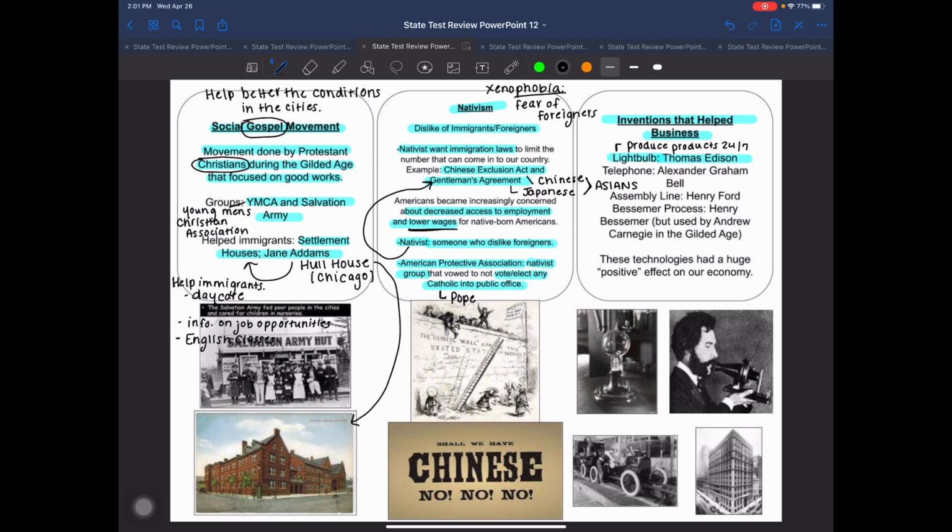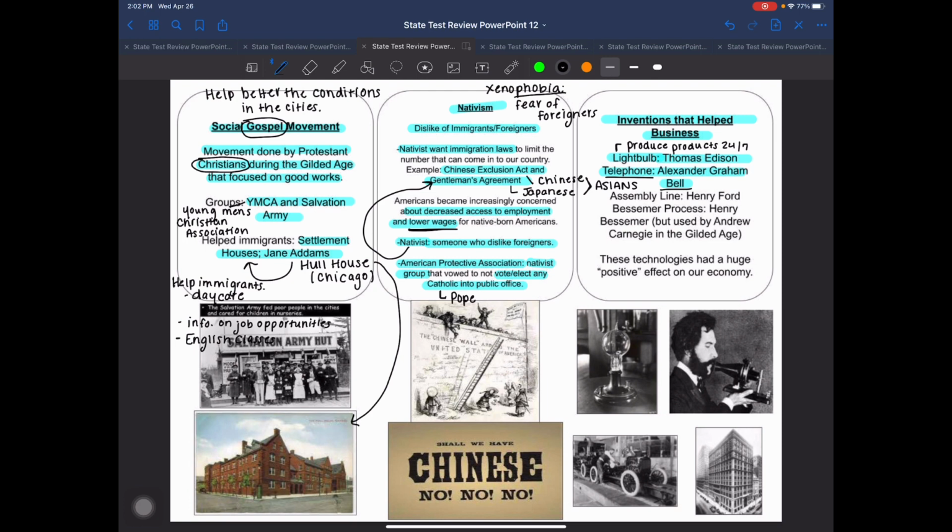The telephone, this is also going to have a huge impact on our economy, because it's going to make communicating between businesses and things a lot faster. And so if you can get businesses moving a lot faster, get the products produced at a much faster rate, it's going to help our economy. And so how I kind of remember, just a little thing to help me remember, that Alexander Graham Bell was the telephone. I think about a telephone rings. Well, guess what else rings as well?